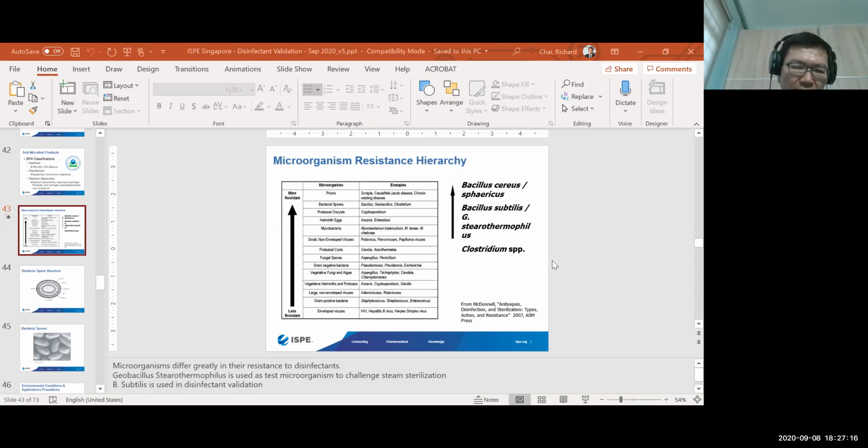Typically, the EM monitoring is based on the ISO standards, the number of locations, and the risk assessment as well, based on your assessment of your clean room. Of course, the high traffic areas, high touch points. All those points you will need to determine in your EM monitoring program. Of course, you will need to collect those data after each cleaning to show that there's a reduction in the